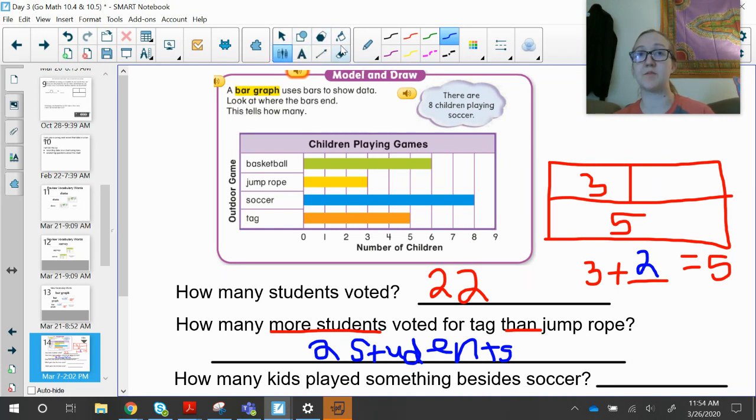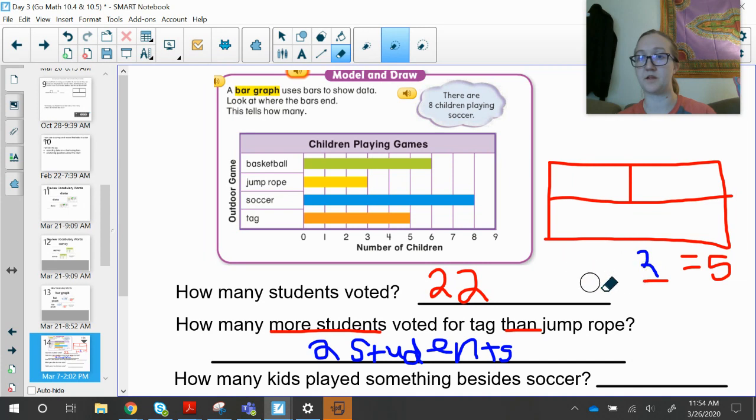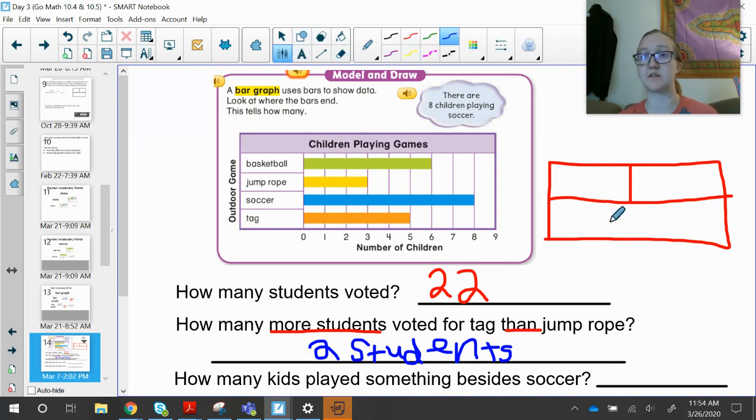then I can figure out what they're asking. So again, I'm just going to quickly erase just what's been in here, because I'm going to use this box again for a different problem. So I started off with 22 students. Then I want to find out how many students played something besides soccer. That means played everything except for soccer. So soccer, we had 8 people who played soccer. So I'm going to put this 8 right there. So then with my box filled out, I can go 8